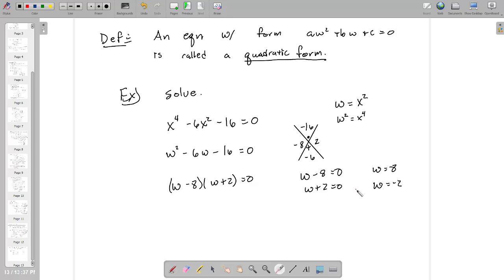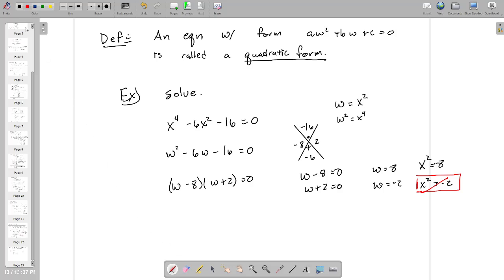Okay, we are not done here. We are looking for x. We're not looking for w. So we need to resubstitute to solve for x now. x squared is equal to 8, or x squared is equal to negative 2. Well, x squared is actually never equal to negative 2, because no matter what we plug in for x, we're going to get a positive value because it's squared. So we can eliminate the second equation